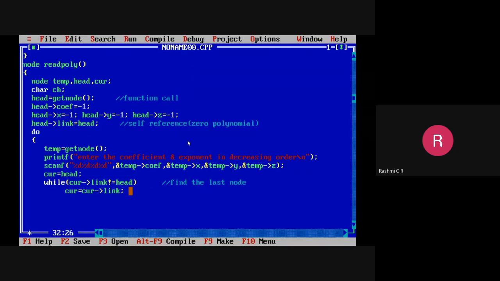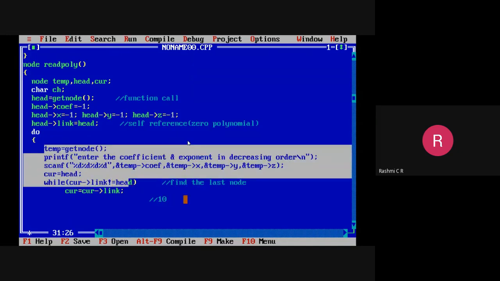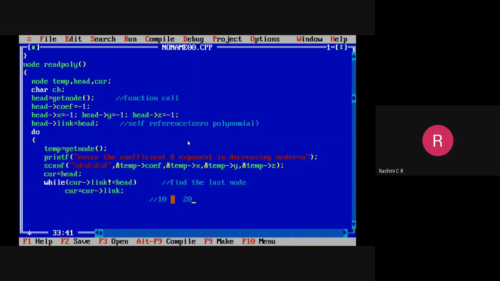Okay, consider you have an example node. I'll just write the example here. Consider you have a term called 10 in the linked list available. If only that node is available, the link of this was pointing to the header node. But now you are trying to add another node, that is the temporary node. When you add a temporary node to the right side of this particular node, what happens? The link of this 20 should not now point to header node, indicating that 20 is my last node, because it is getting added to the right side of 10.